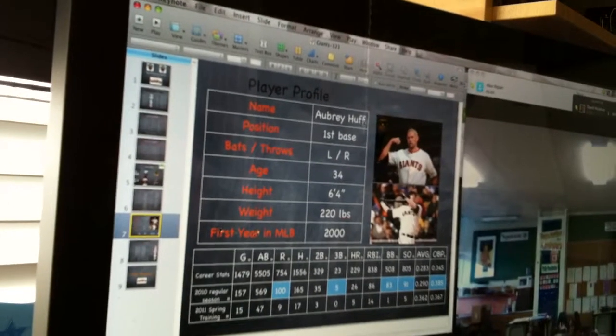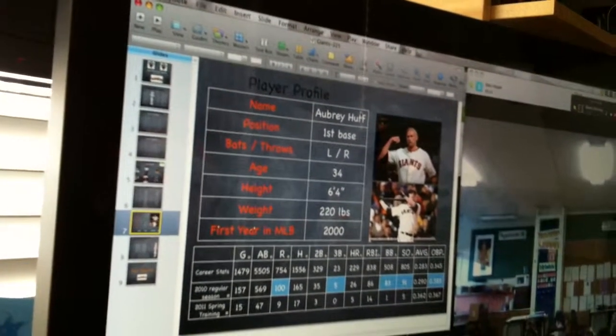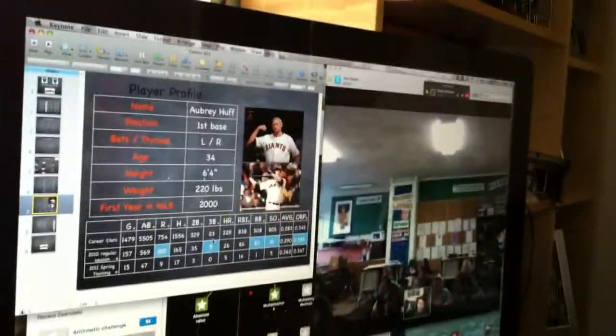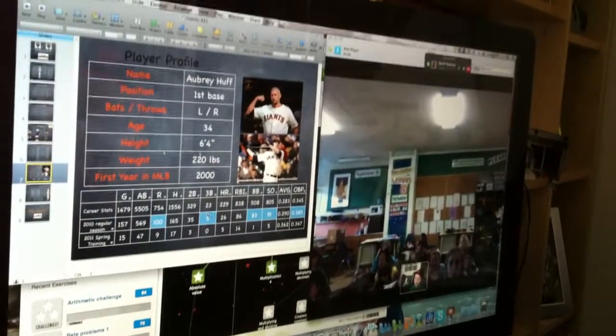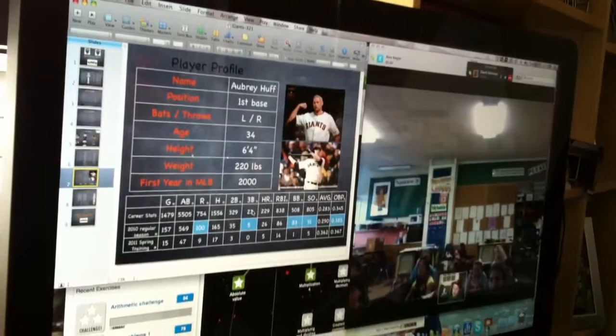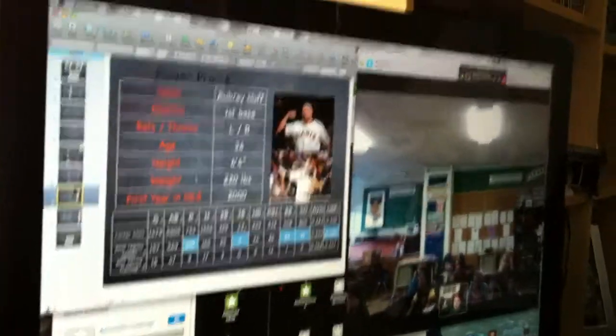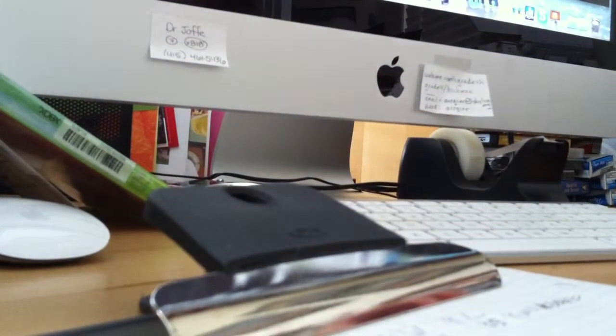Yep. And this is Aubrey Huff's player profile. And the slots that are highlighted means that it's his career best in that category. You might need to tell a few people what all the little abbreviations stand for. The G stands for games, the AB stands for at-bats, the R stands for runs, the H stands for hits, the 2B stands for doubles, the 3B stands for triples, the HR stands for home runs, and the RBI stands for